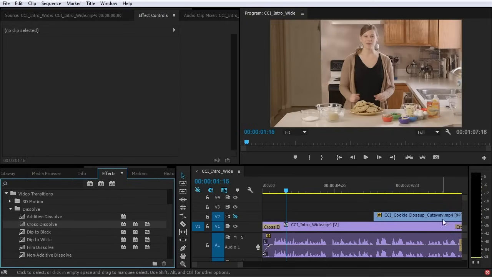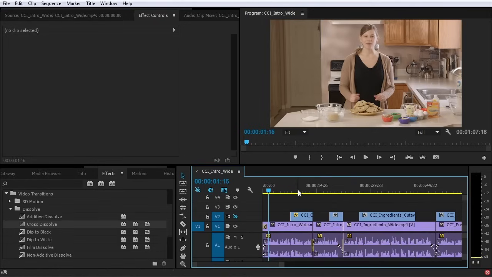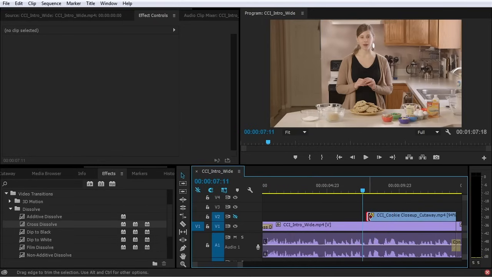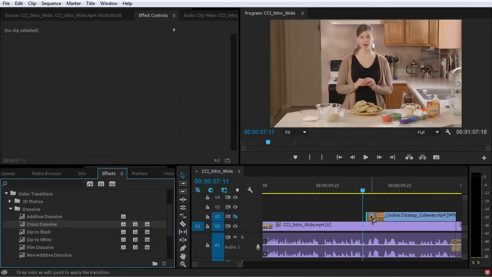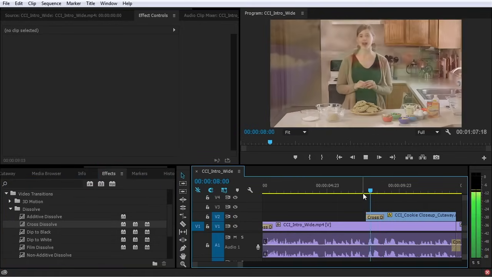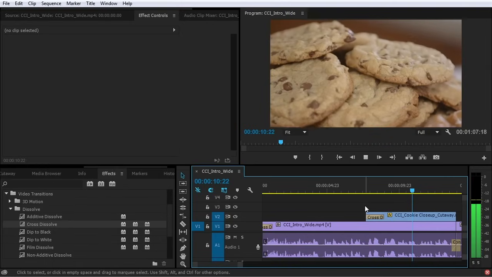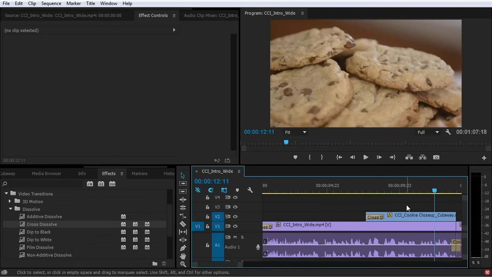Which is what I wanted. I'm going to delete these two transitions. And I think it might look nice to throw a cross dissolve right here. And in order to see that, I'm going to have to toggle on the track output. And I get a nice little fade up